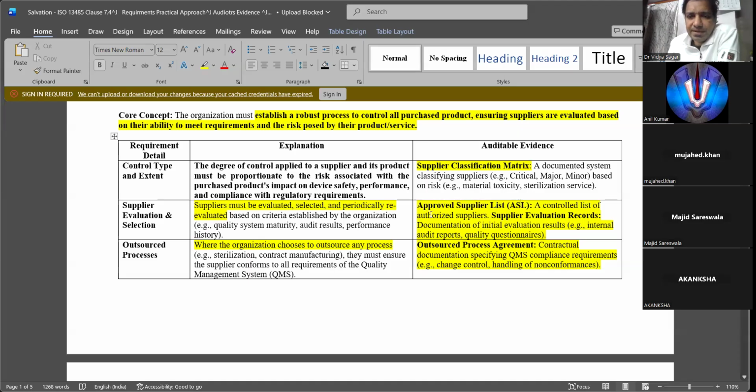Okay, then you need to prepare an approved supplier list. I am telling you now, guys, this is the one they look at. What is approved, critical, major, minor? Then the auditor will ask you how you approved it, and you need to pick up all documents.